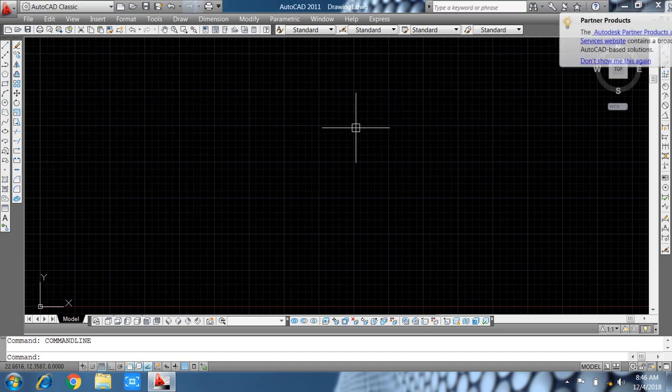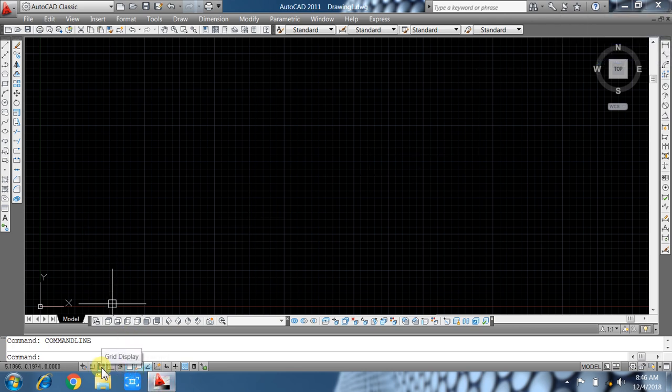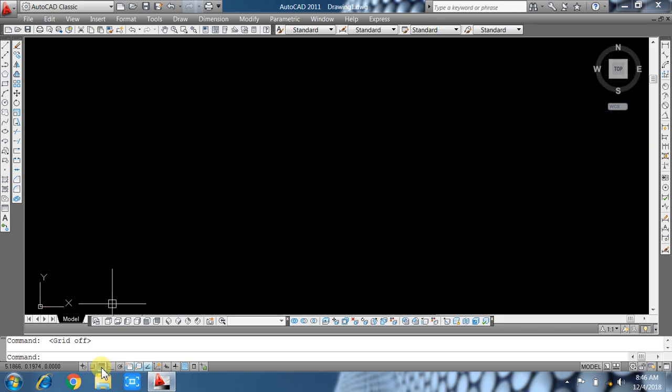So I turn off the grid and turn on the ortho first, and these options I turn on, and refresh by pressing the escape button.